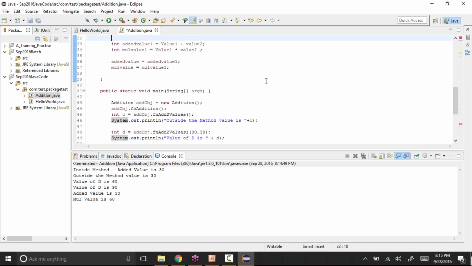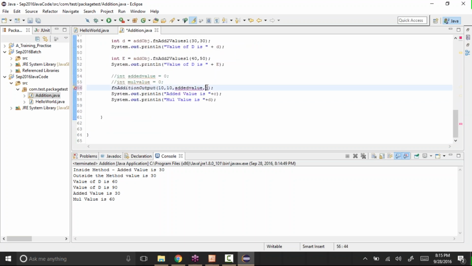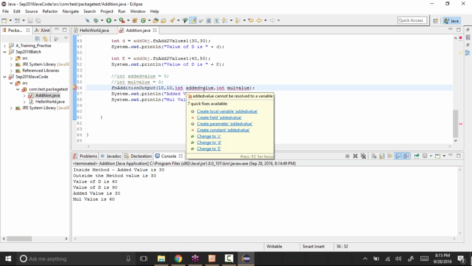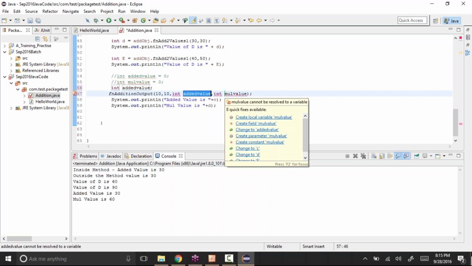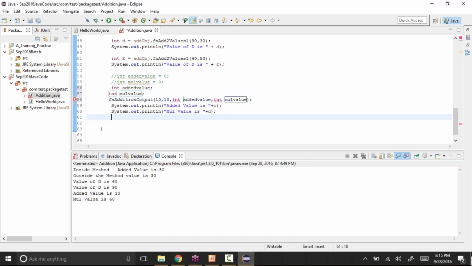So added value. That's what we are doing.